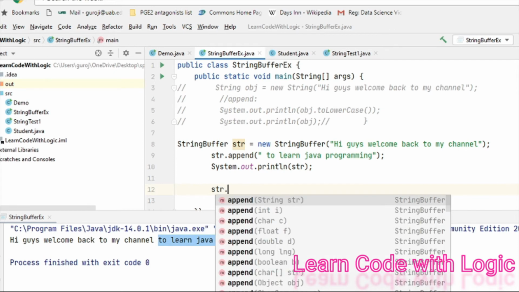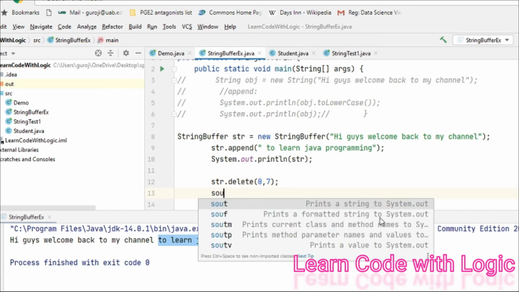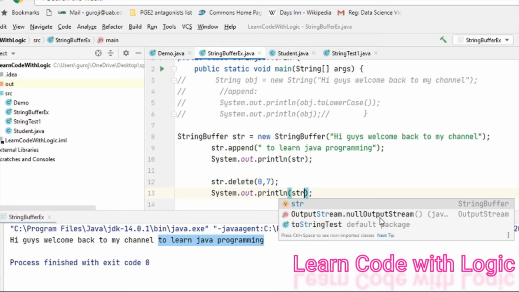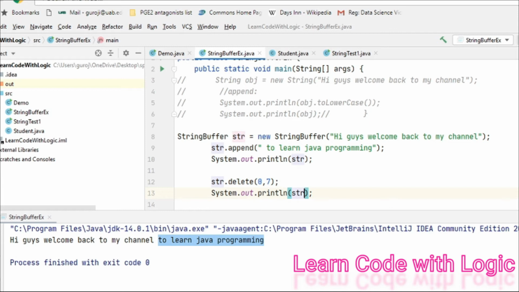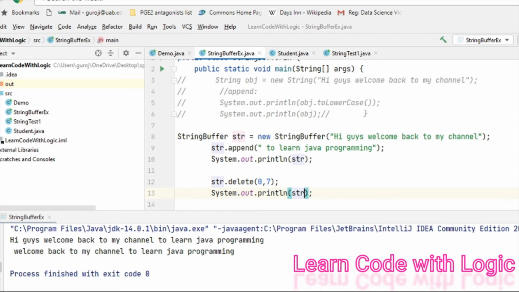We can also add the text, delete the text. Here I am taking the delete method from 0 to 7. Here you need to remember one more important basic point. We mentioned 0, 7, right? While indexing, whatever you have taken on the left hand side, that is 0, is included, and the right hand side, 7, is excluded. So it deletes from 0 until the 6th letter.